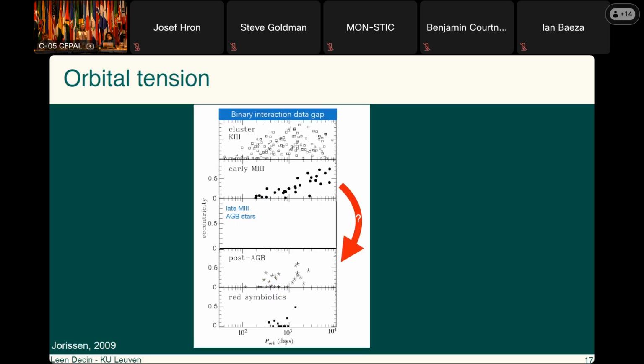So to conclude, what you can see here, and this is the next step, we already had quite a lot of data, this is a paper from Alan Jorissen, on eccentricity versus orbital periods. We did know already what we can have for these diagrams for the earlier stars and for the progenitors. And now we have added one star, only one, but it does show that potentially there is an eccentricity generating mechanism at the end of the AGB towards a post-AGB, and that will be addressed maybe by Hans tomorrow. Thank you.